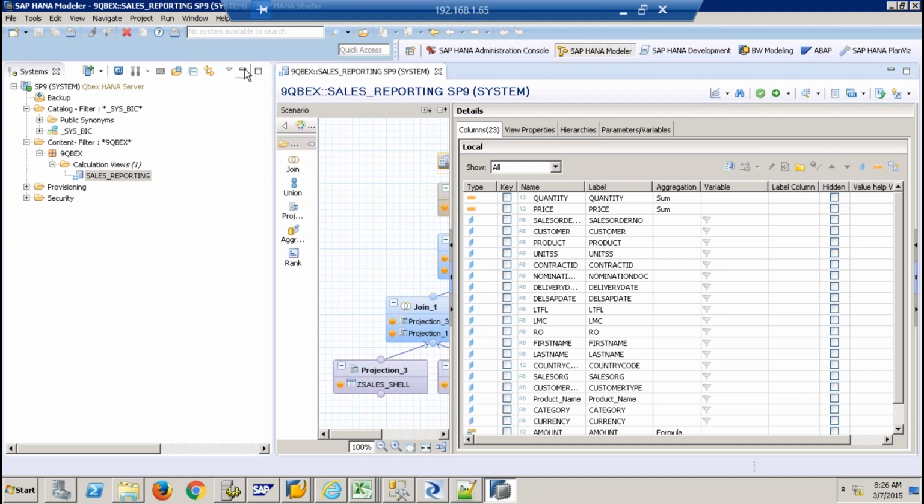But a normal join node can only join 2 source objects. If I need to join 3, obviously I need 2 join nodes. Okay, thank you. And one more thing,